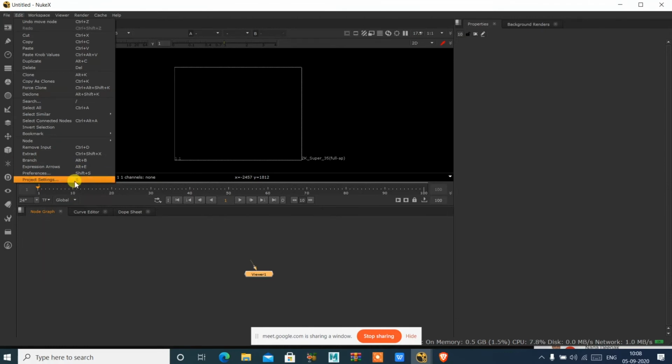You can write it down. What is that? Edit, Project Settings. This is like how you set the composition settings inside After Effects. Here you have to do the project settings. So go to Edit, Project Settings,